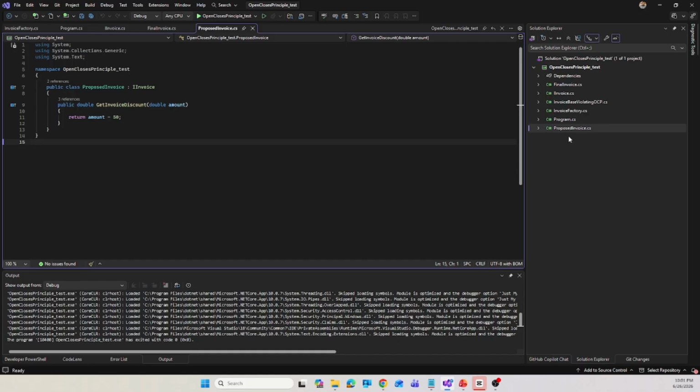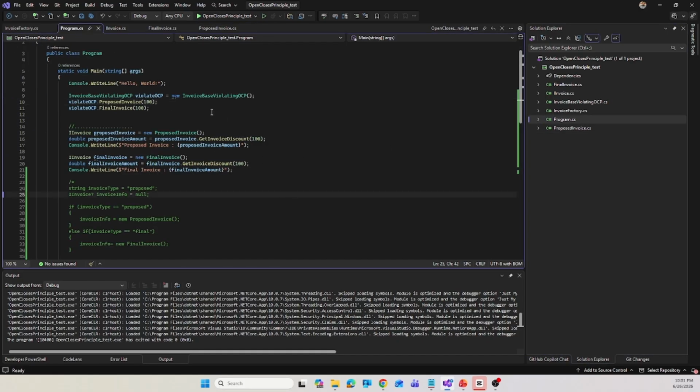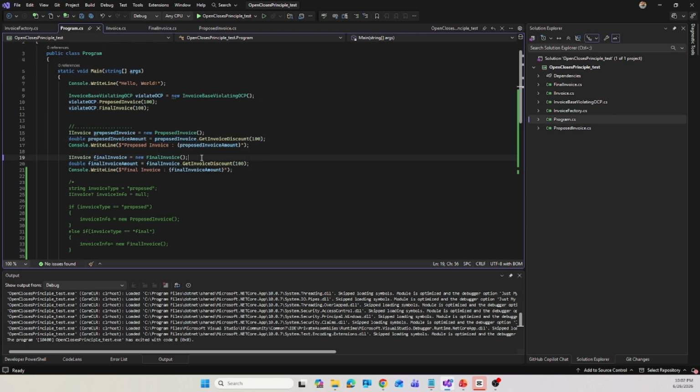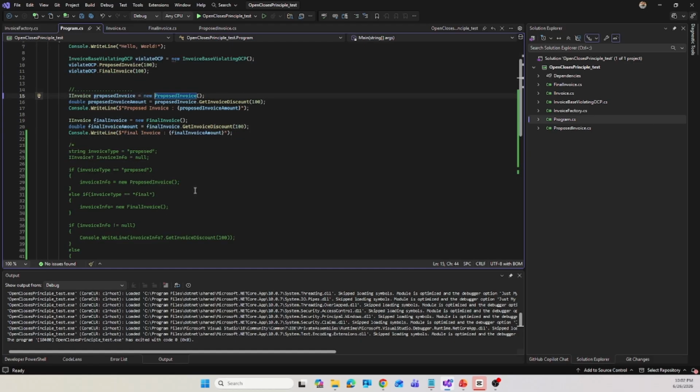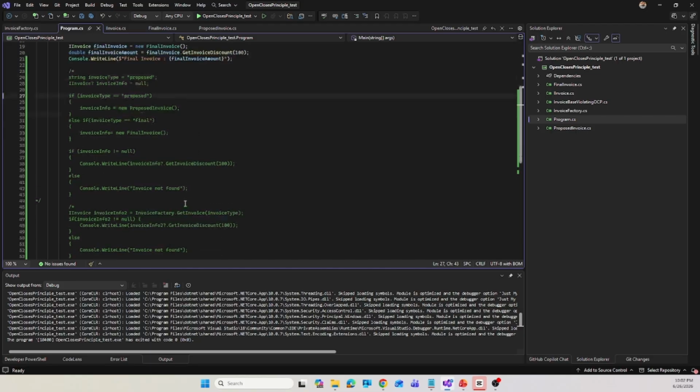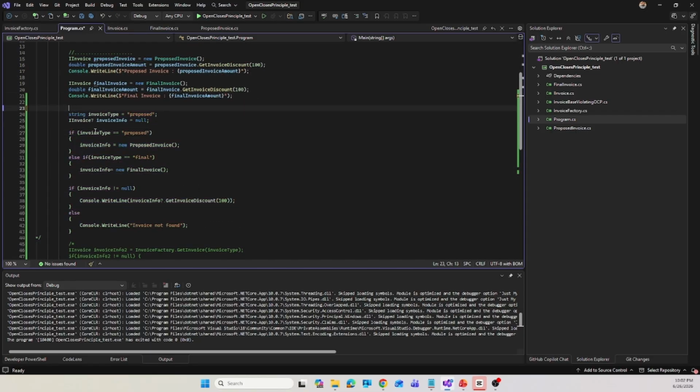And in the program class, that means in the client class, we created an instance with the concrete classes, proposed invoice and final invoice, and assigned it to the interface. And we actually called the method for each of the concrete classes. Here, the thing is, we are creating the instance for the invoice types, proposed invoice and final invoice, in our client. But for the factory design pattern, if I uncomment this line and comment this one,